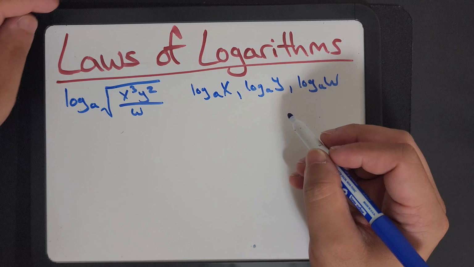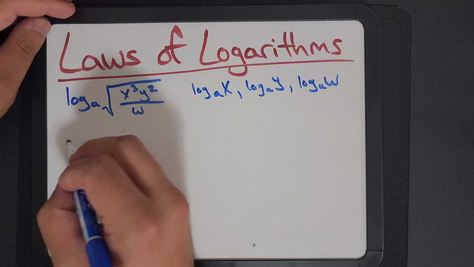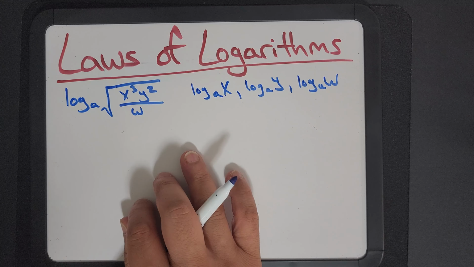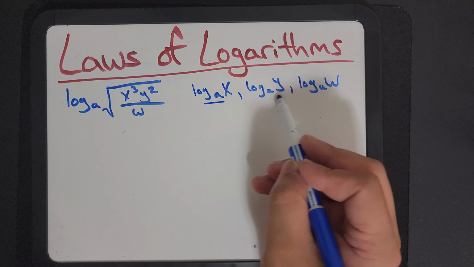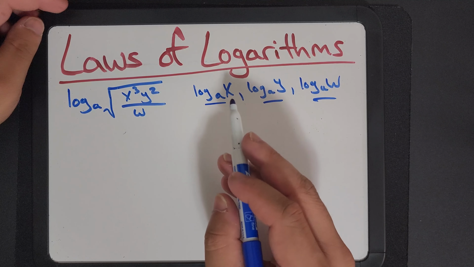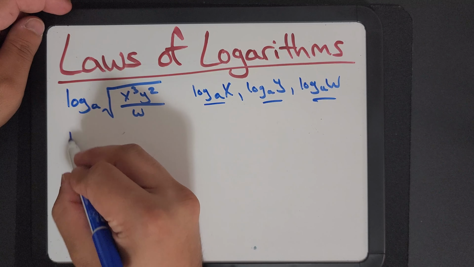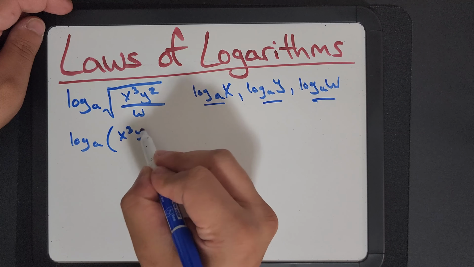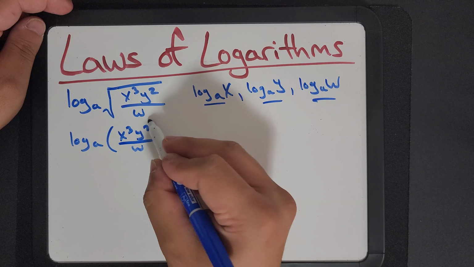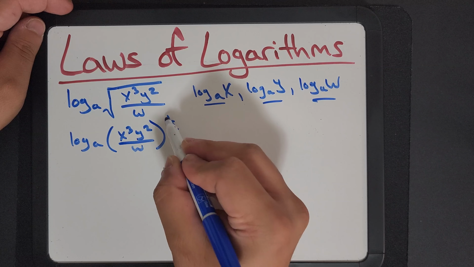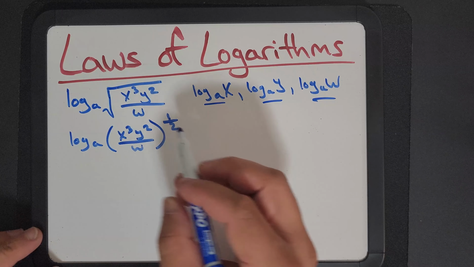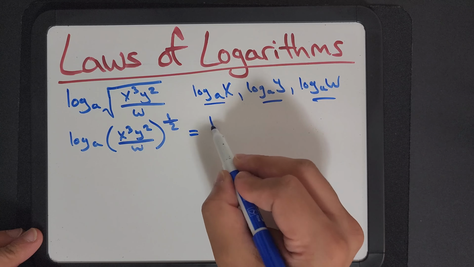So, let's start doing this. I want to basically disassemble this entire thing and rewrite it in terms of 1, 2, and 3. So, the first thing I'm going to do is take this exponent here, log a, and then x cubed y squared over w to the power of 1 over 2. And now that I have that, I can move that down using our product law,